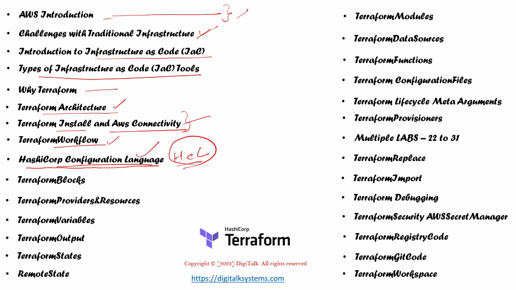Okay, after we understand what the HashiCorp Configuration Language is, we will start jumping into the different modules or blocks of the HCL configuration, right? Because in the cloud we may have multiple resources. We have EC2 virtual machines, we have the VPC, we have subnets, then we have storage, right? So we have multiple components in the cloud.